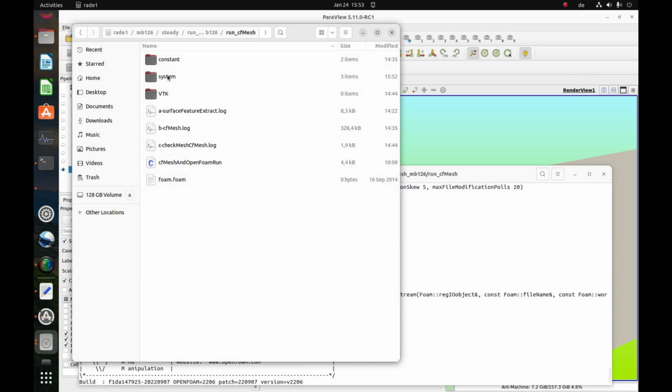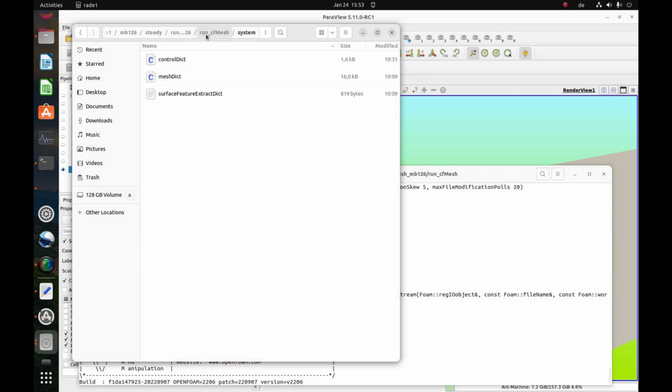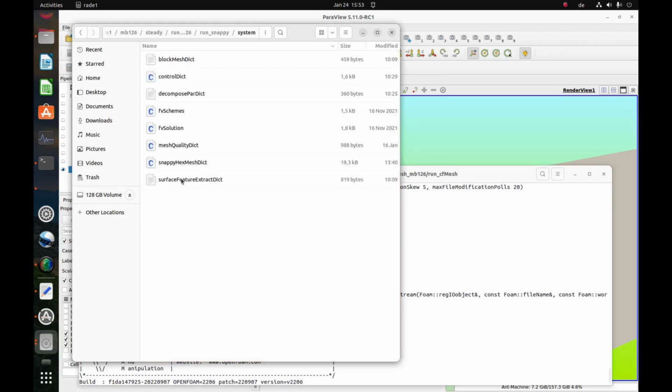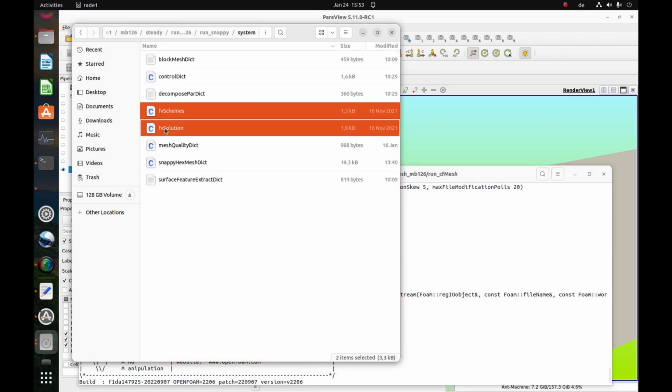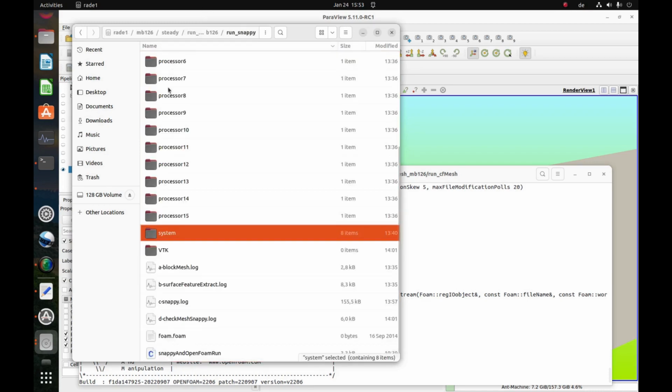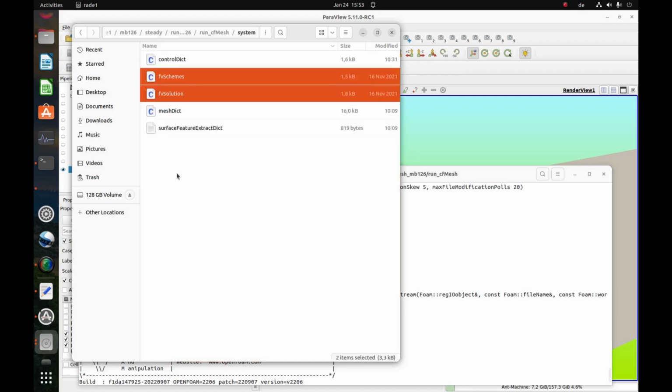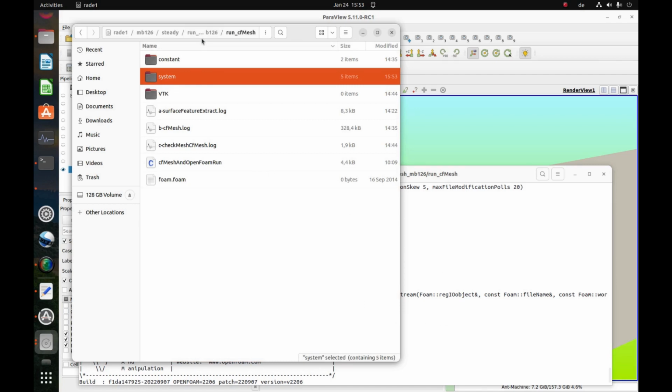Okay, I go to system in Snappy and copy it to cfMesh. Now we have in the system dict fvSchemes and fvSolution, so we can start